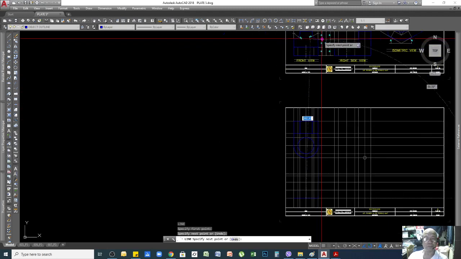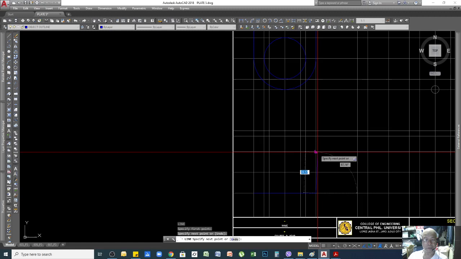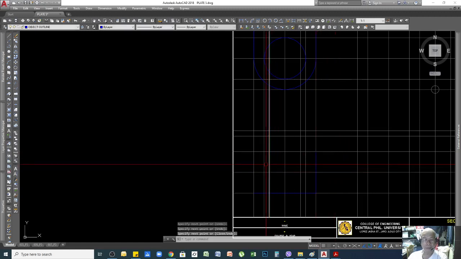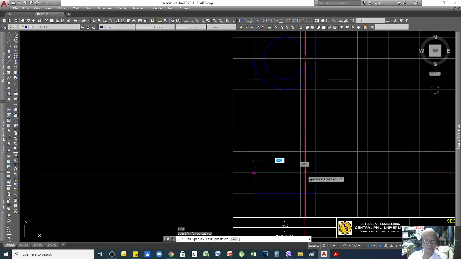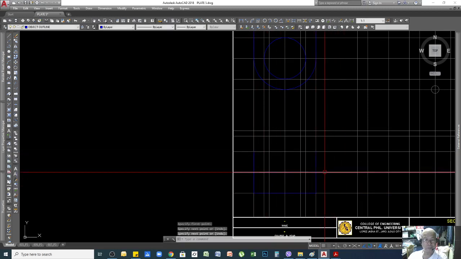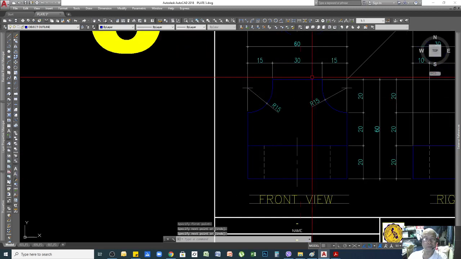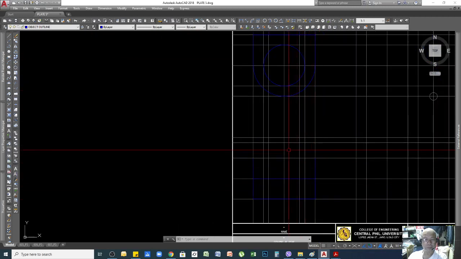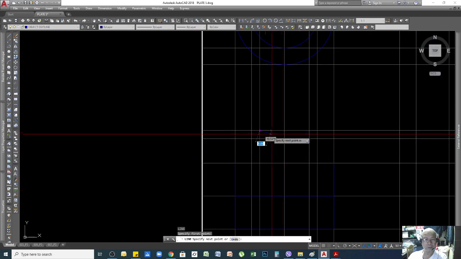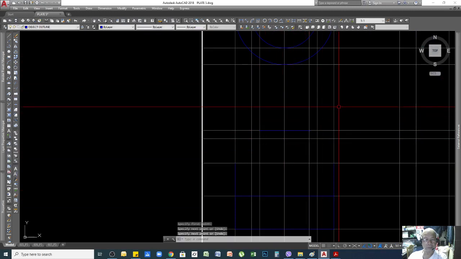We have a height of 40, which is here, and another one here on the other side, and also here. So now we still have this straight line, which is 30, and where is that? It is here, this one.